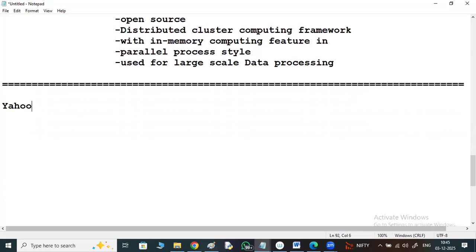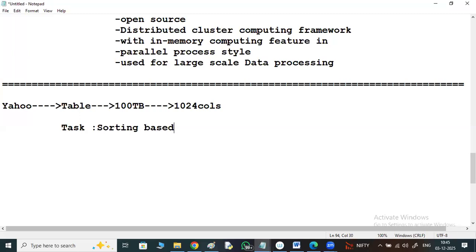So Yahoo has conducted a test to check the speed of different things. Yahoo has taken a table of 100 TB consisting of 1024 columns, with the task of sorting based on 16 columns. So what is the time taken? To sort these 16 columns of this 100 TB data with 1024 columns, time taken by different databases,